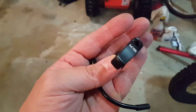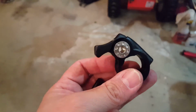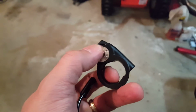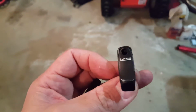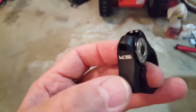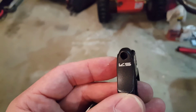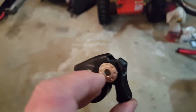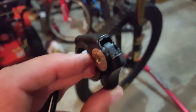But what's going on here is, unlike the one that I just took off of the Santa Cruz, which was a couple-year-old KS, still the Integra model, this one didn't have a fixing bolt to keep the cable in. It used, just to say it differently, the derailleur cable end situated right in this hole, and then you feed the cable all the way through to the dropper post. So that was a little bit of a different setup than I was ready for, and as a result, I ended up, in order to get this to work without resorting to taking out the post and doing a new housing and doing a new